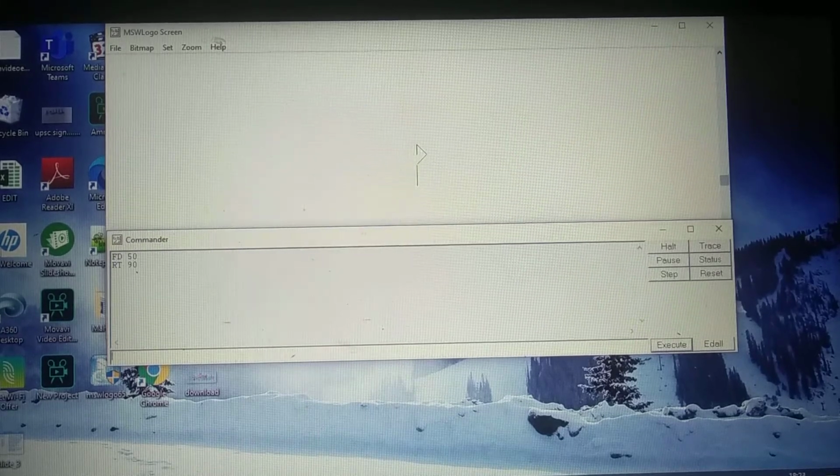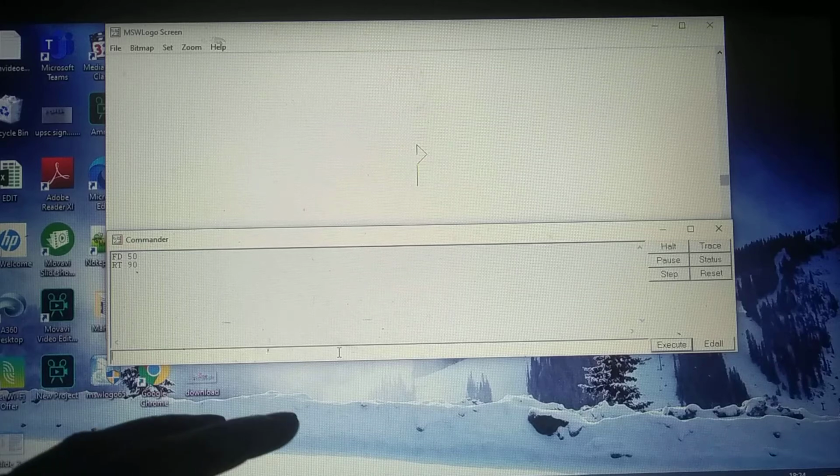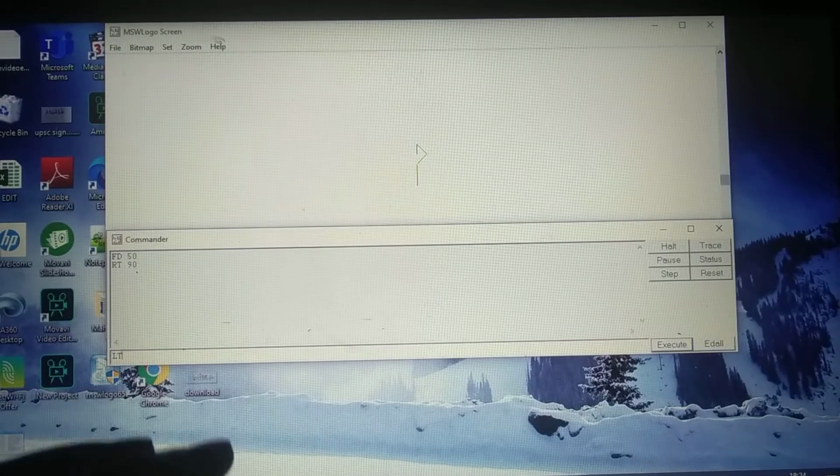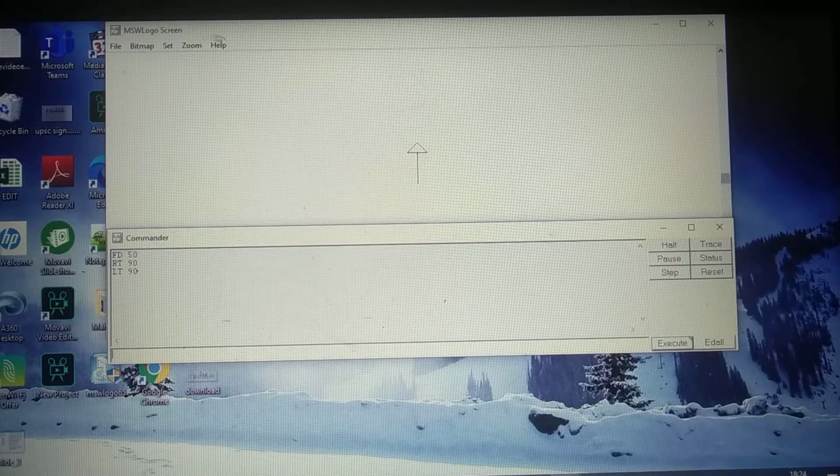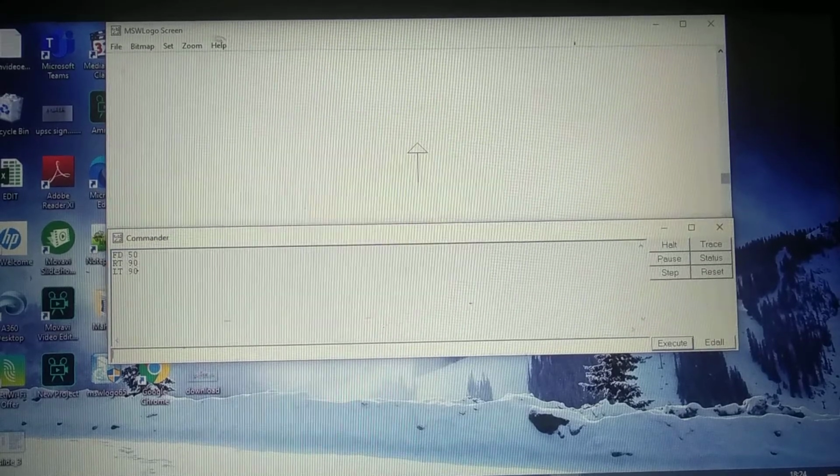Next one is LT. Now we will write LT 90. Your turtle will be rotated to the left side by 90 degrees. Left side means anti-clockwise direction.